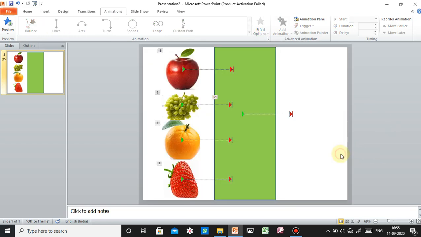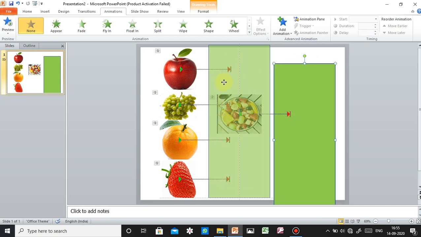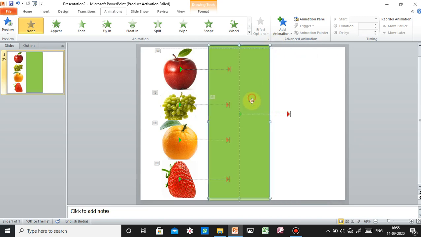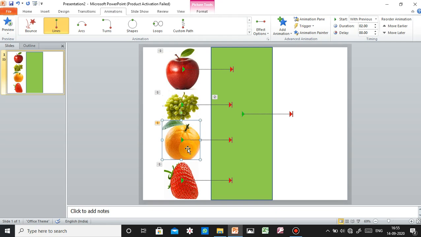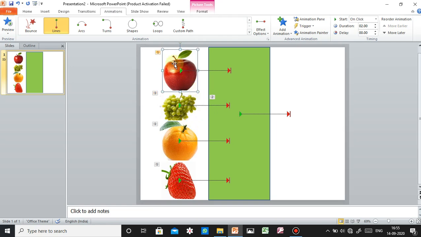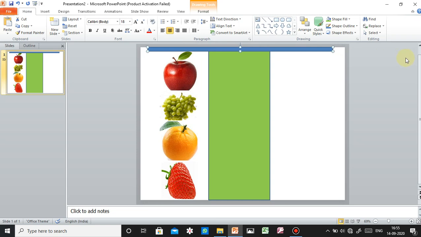Okay, now what we have to do, this is shifted from the back side because I have taken the rectangular box here. Okay, and this box is at the center of our slide. Now we have to shift it a little bit down because we have to enter some text also. One more rectangle we can take at the top for typing the text like input, process, output.